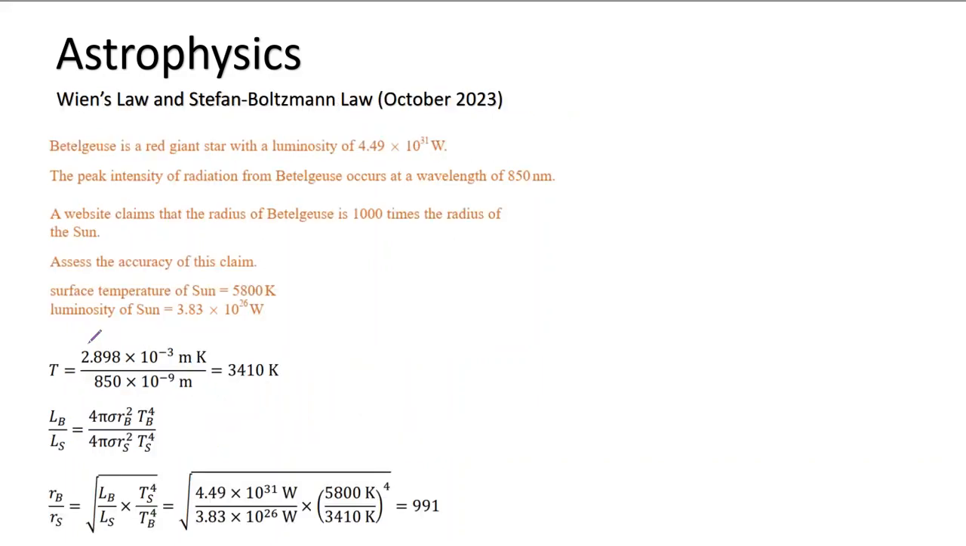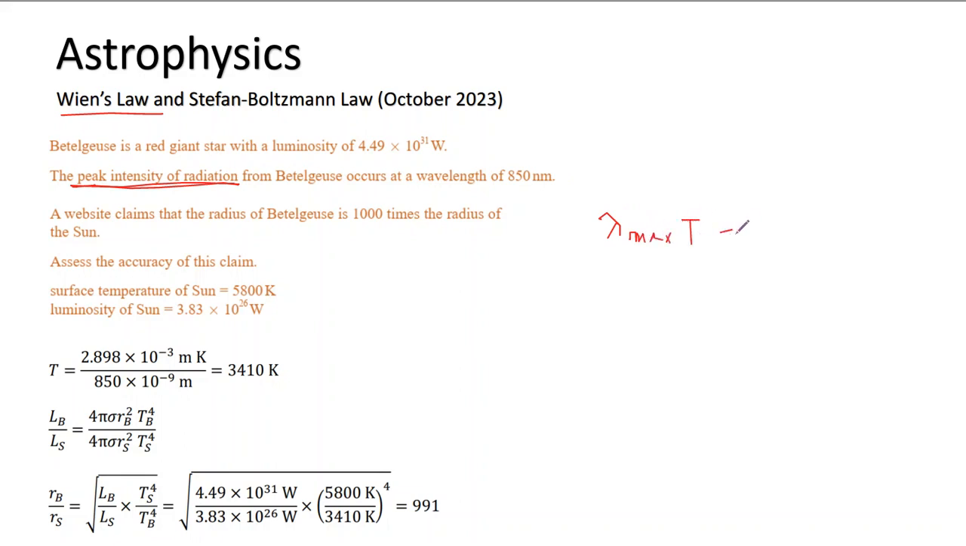Next, we have to link Wien's law and the Stefan-Boltzmann law. Betelgeuse is a red giant star with a luminosity of 4.49 times 10 to the power 31 watt. The peak intensity of radiation from Betelgeuse occurs at a wavelength of 850 nanometer. Guys, the moment you see peak intensity of radiation, just recall the equation for Wien's law, which is lambda max